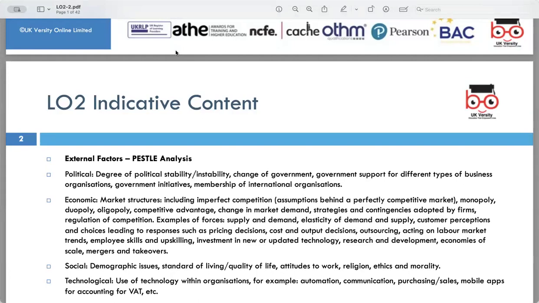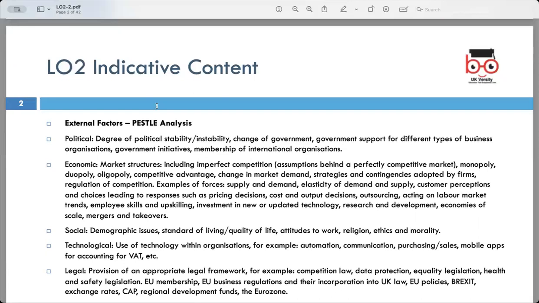Learning outcome 2, indicative content, external factors, PESTLE analysis. External factors, examining the level of political stability or instability, considering changes in government and their impact, assessing government support for different types of businesses, understanding government initiatives and international memberships, economic